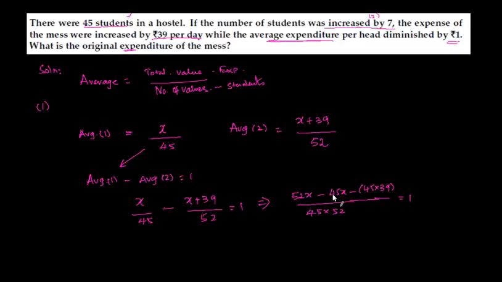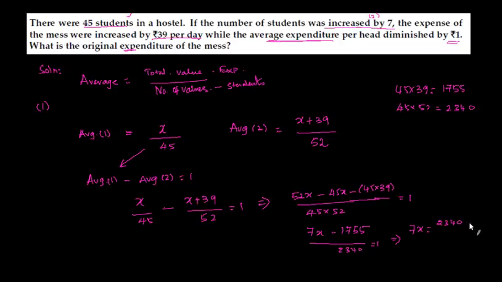Now we can multiply 45 into 39, which is equal to 1755, and 45 into 52 is 2340. Now we can subtract 45x from 52x, so this becomes 7x minus 1755 divided by 2340, which is equal to 1. This gives 7x equal to 2340 plus